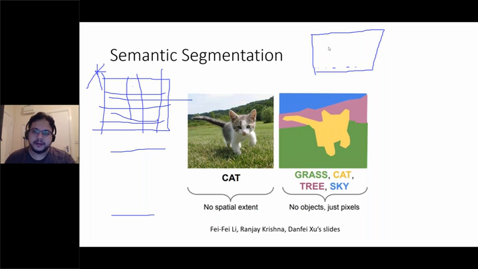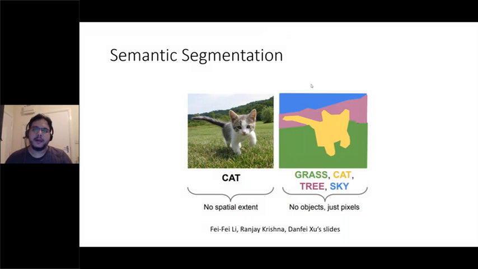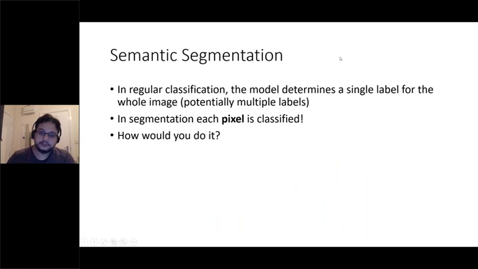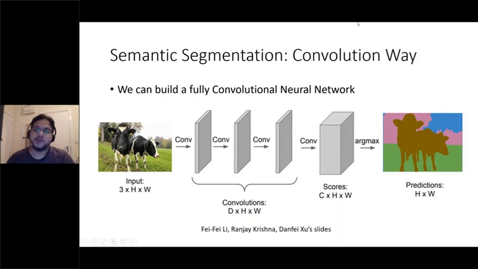One way of doing it is object detection. It's like you reverse the problem. You do object detection, but object detection will just tell you the bounding box. It just tells you this zone has a cat, but it doesn't tell you exactly what pixels. Okay. So this is one way.